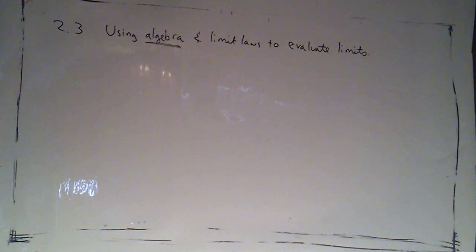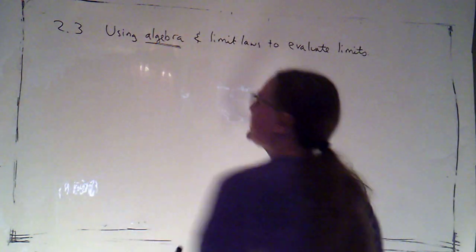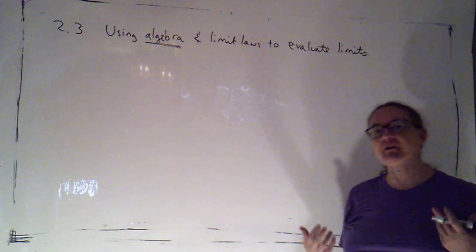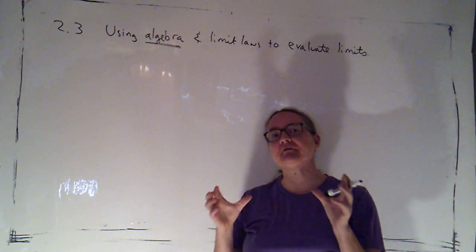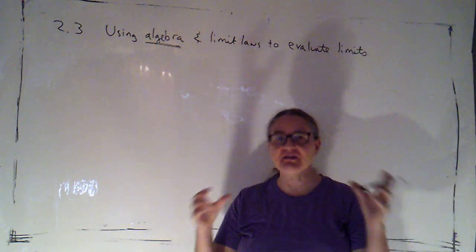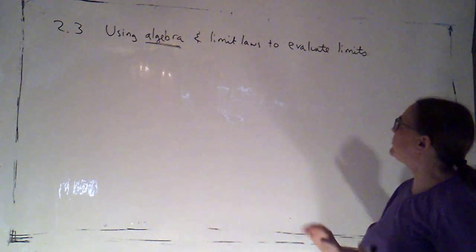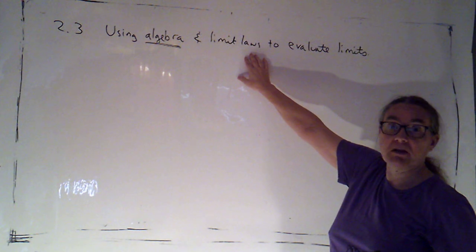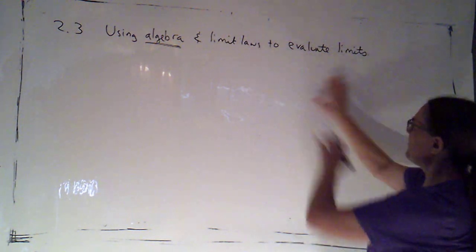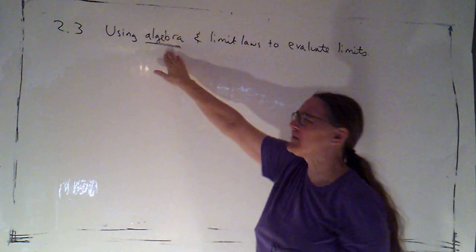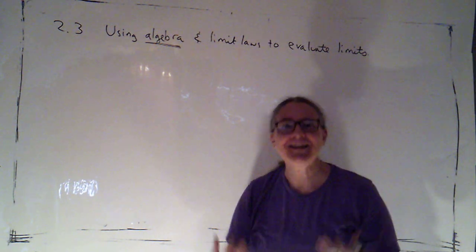In section 2.3, we're taking a look at how to use algebra to evaluate limits, how given a formula for a function, we can calculate what a limit is. Now, your textbook calls this evaluating limits using limit laws, and we'll be using some of those. I've sort of modified the title of the section here to really emphasize that we're using some algebra to evaluate